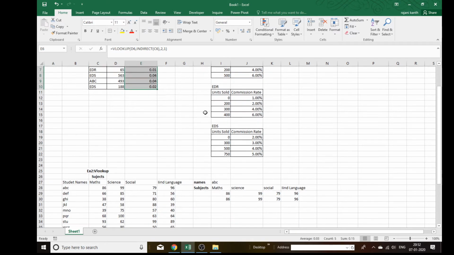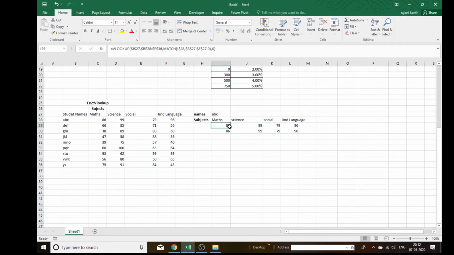This is the first example. More examples ahead, I will tell you what it is. Let us remove all this. Now, yesterday I asked you regarding this, but it was a column. Now I converted it into a row. You have to convert into a row and display. Whenever you type a name over here, with one formula you have to do it. You are not supposed to use n number of formulas. You have to use only one formula.